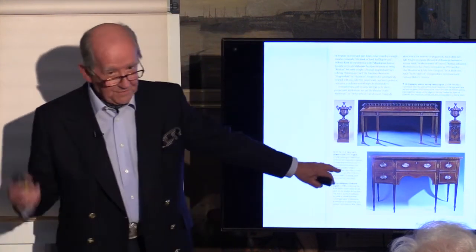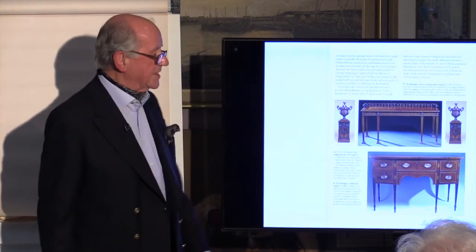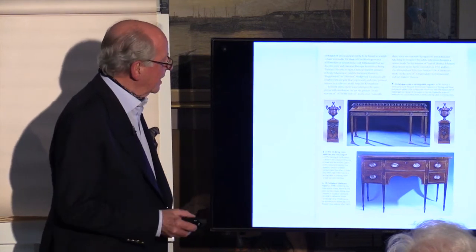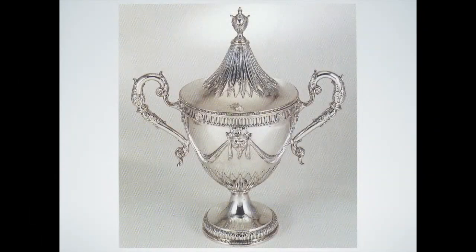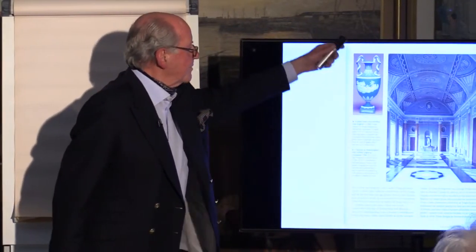And as you now have seen, these would have been, as I say, turned legs after the 1790. Okay? I think we're nearly there. Well, look, there's the classical vase. There it is. The inspiration from the classical period, from the ancients, and that affected silver, glass, and porcelain with Josiah Wedgwood. And there's the Wedgwood vase. And there is lovely Henningham Hall